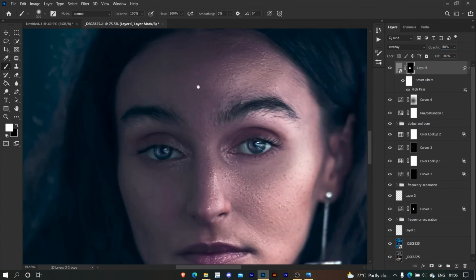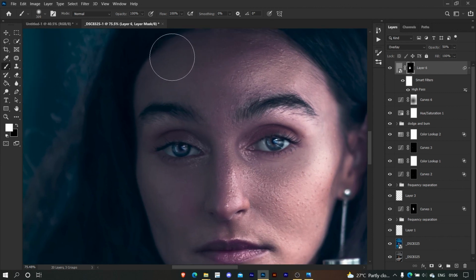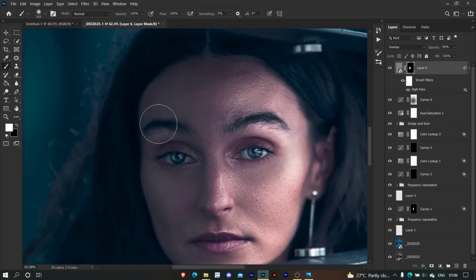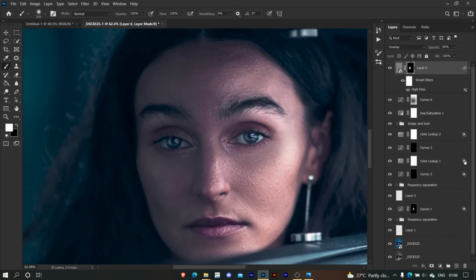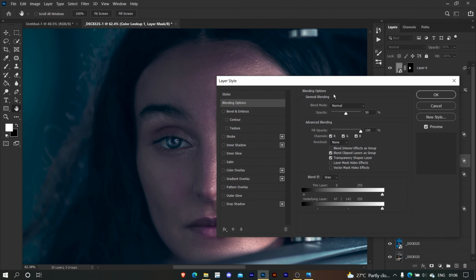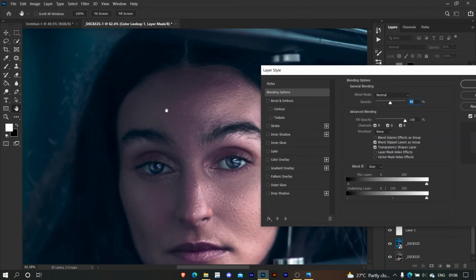Now you can see that due to some of the settings we applied here, half the part looks a lot magenta and the other half looks a lot yellow. Let me check which layer makes that problem. I think it is the color lookup. This is the layer which is making the issue. I think the blend diff is making the issue here. Let me bring the slider back here. See, now this is okay. Again, here we have some problem. Let me fix that really quickly.